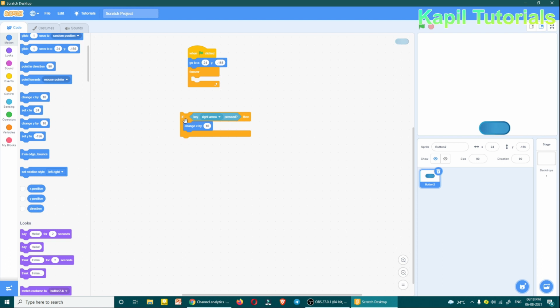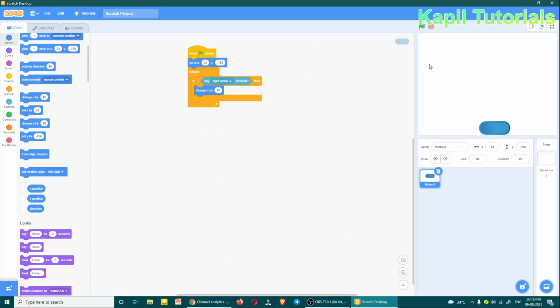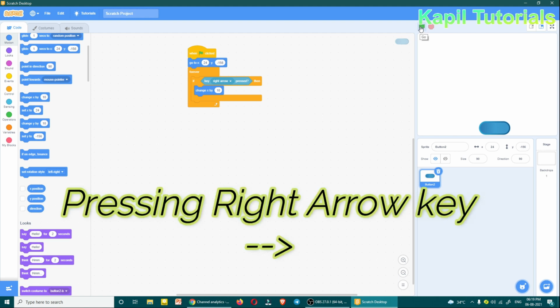I'll give the demo. Suppose I'm dragging it here under forever. The command is like this. So if I run it and now press the right arrow key, see, it's moving. So that means my program is okay till here.